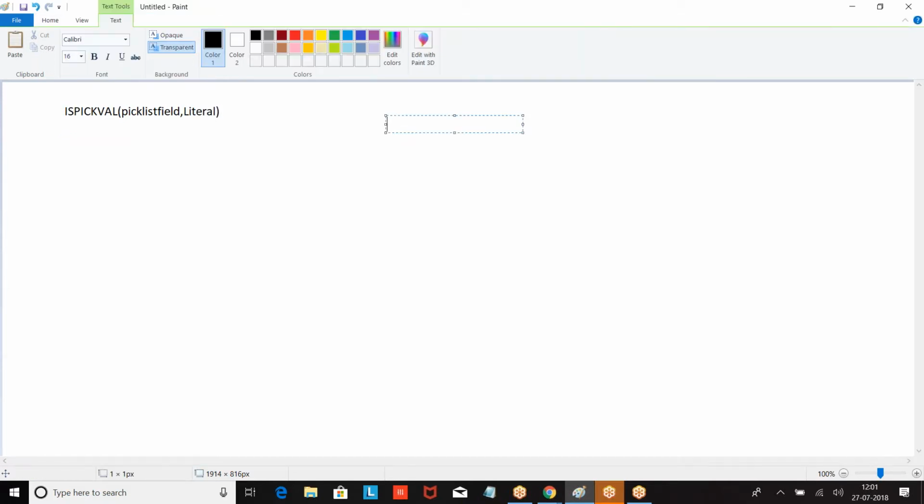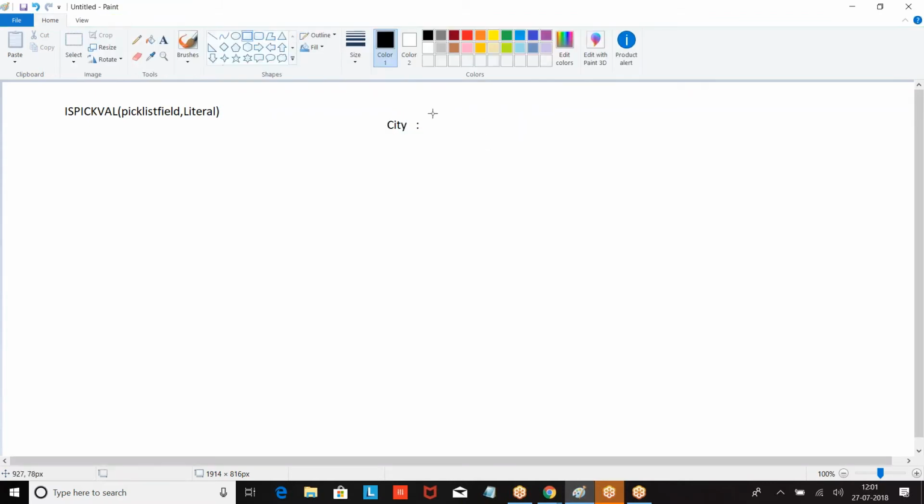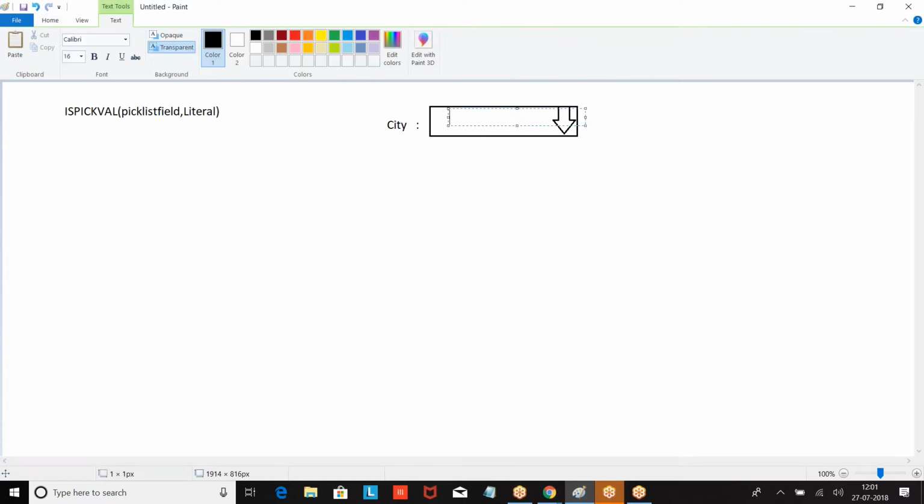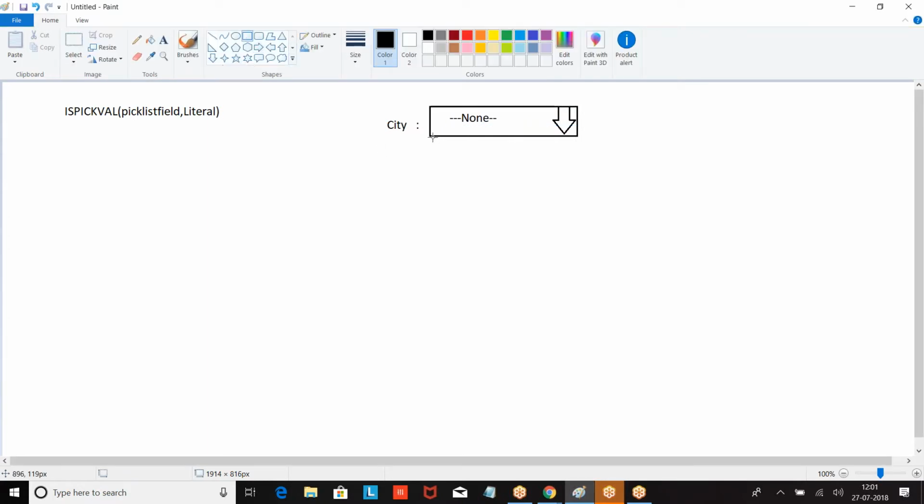Now, what is this is pick val? If I have a city as a pick list, which option can you choose in this? I may choose any one of the options.